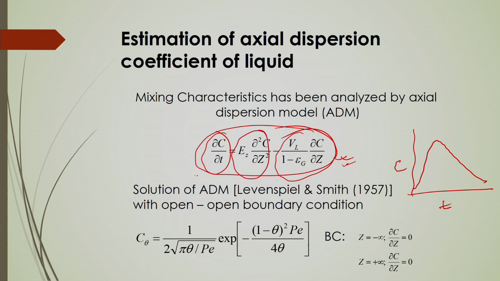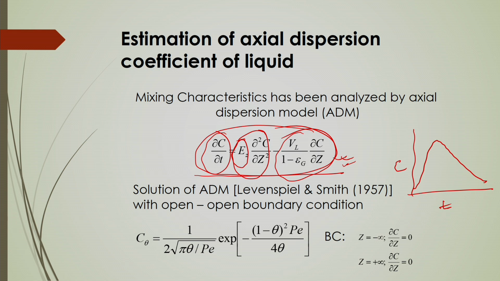So, based on this axial dispersion model, you can analyze what should be the dispersion coefficient, that is denoted by Ez here. Based on the gas liquid flow at that particular operating condition, if you feed the experimental concentration profile with respect to time into this axial dispersion model, you can easily calculate what will be the Ez. Otherwise, you can solve this equation to get the concentration profile and match it with the experimental data, then you can easily assess what should be the degree of mixing there.